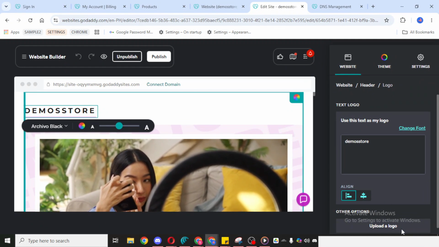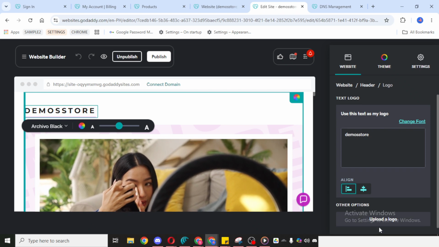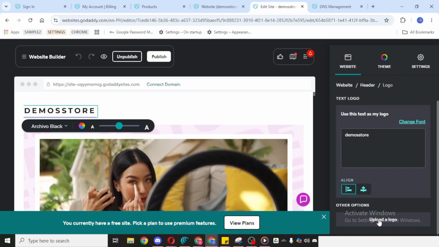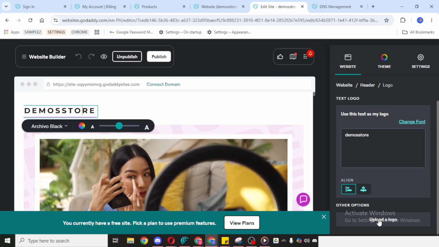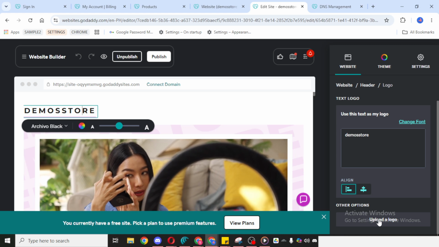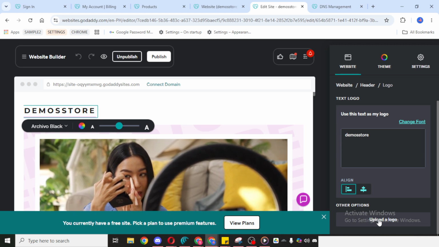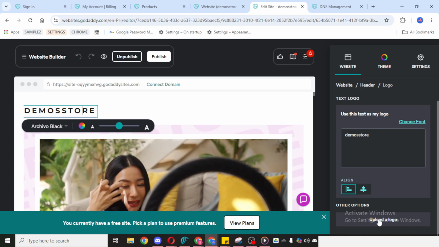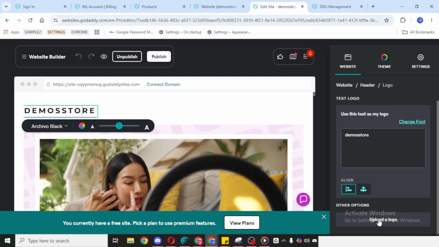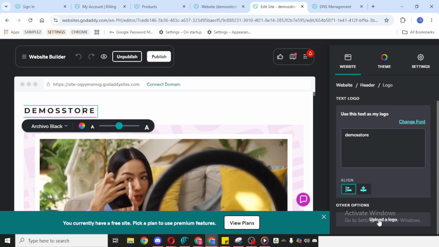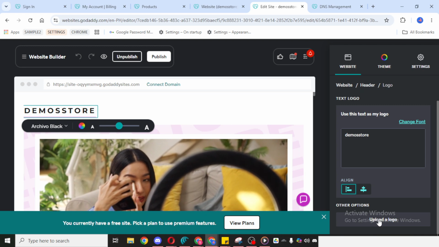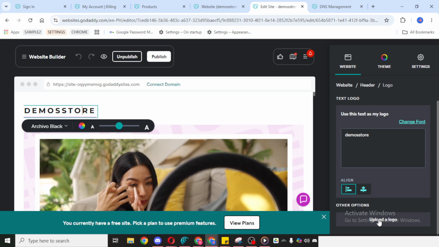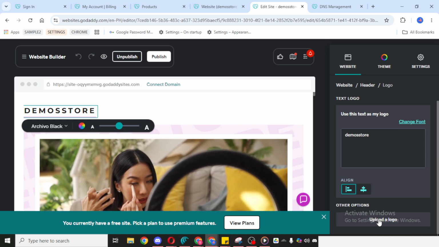This is the part where you can either create or upload your logo, depending on what options GoDaddy shows you in the editor. If you already have your logo file ready, choose the Upload option and locate the file on your device. It's a good idea to use a clear, high-quality image so your logo looks professional on your website. A PNG file often works especially well because it can support a transparent background, which usually looks cleaner on most site designs. Once you find the file, select it and let it upload completely.